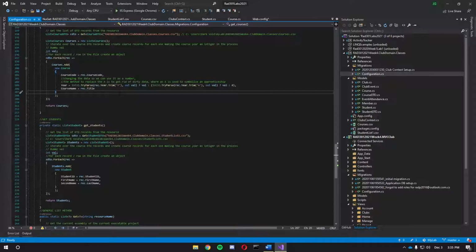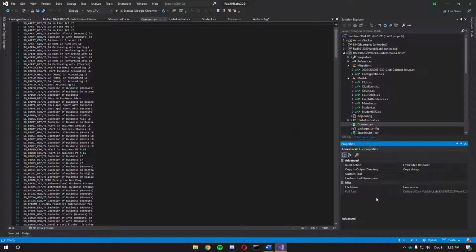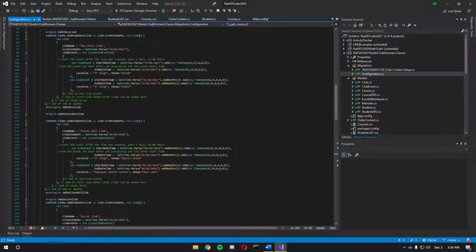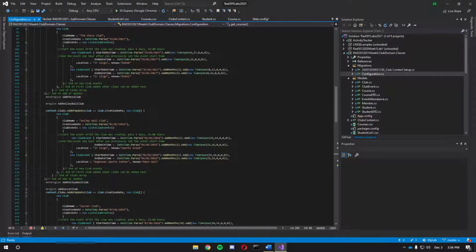Course and student lists are both populated in this way, and they just pass in different paths for the resources and different DTOs. We can then loop through each record in each list and set our object property to whichever corresponding record property, and then change data types or trim parts of the data if we wish, like we did here. It's important to remember that if we go to the properties of a CSV file, we have to make sure that the build action is embedded resource and the copy to output directory is on copy always, or else it won't work. So next we have to seed the club, and we just provide data for each club property